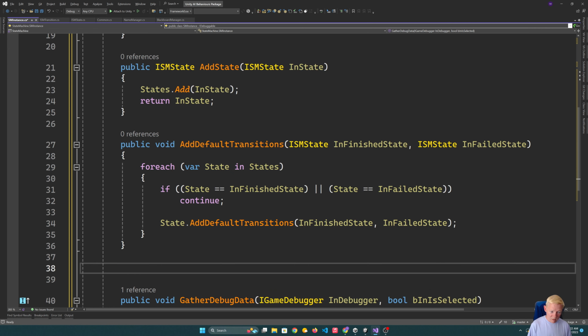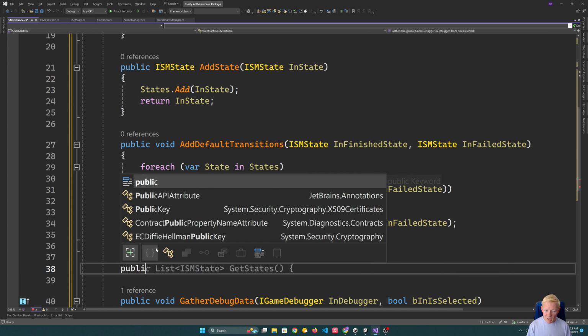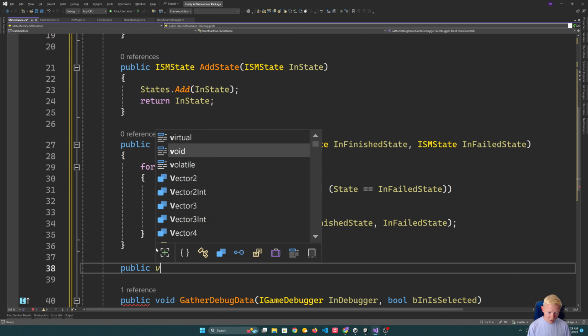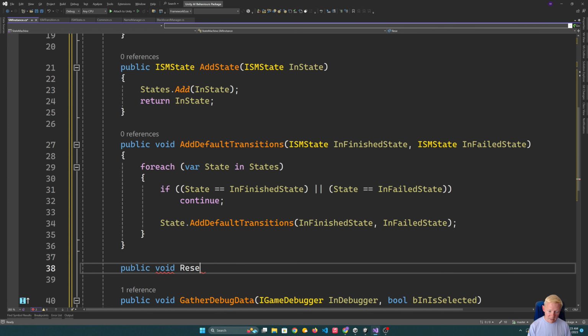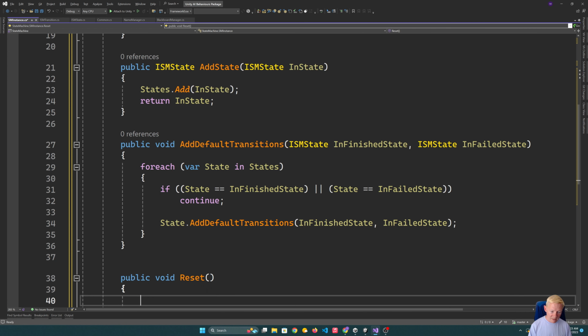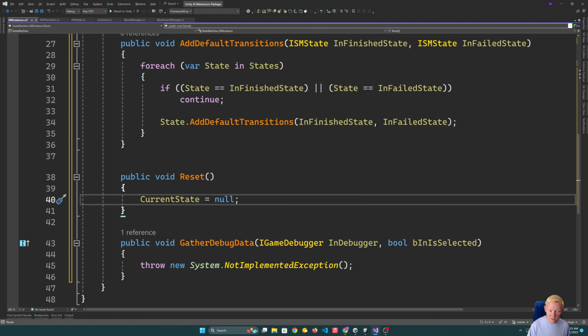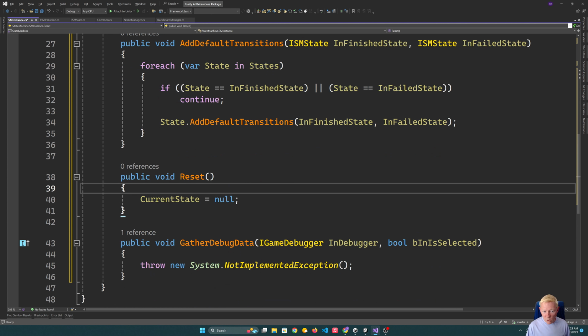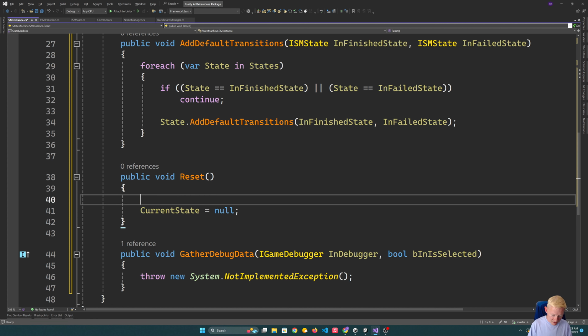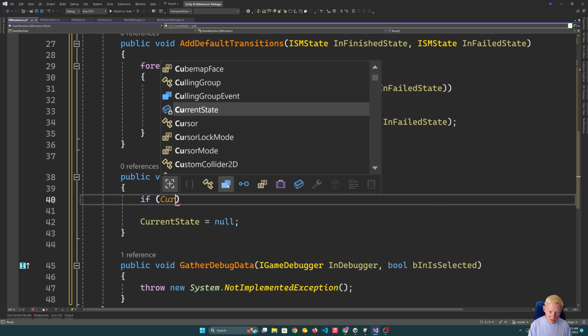Now, our state machine could be really handy to be able to reset, because some actions should actually cycle through the state machine continuously. So we're going to just have a function here, reset, and that will actually be really straightforward. We just set our current state to null. Now we could, with this, do some specific checking of, okay, well, if we're in the current state and that's not null,